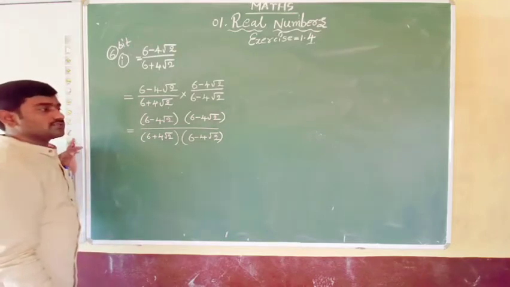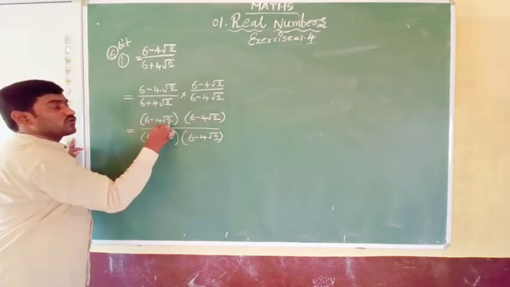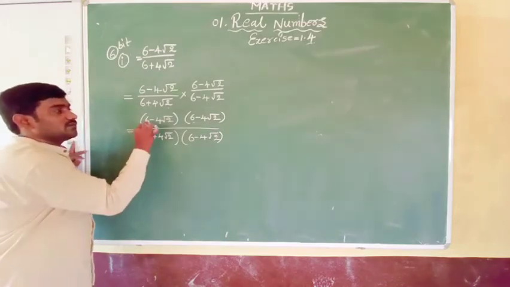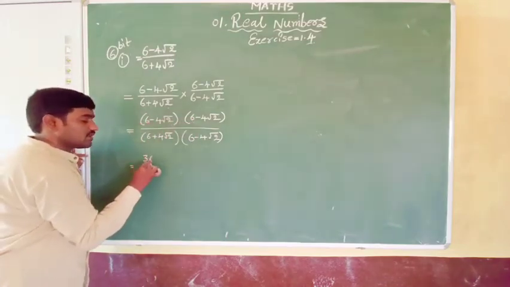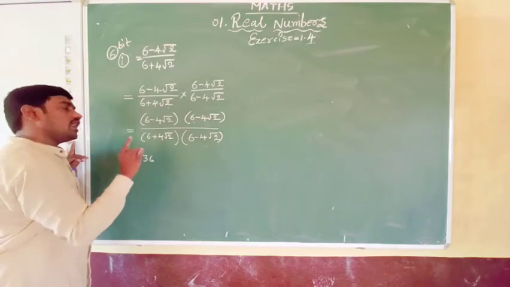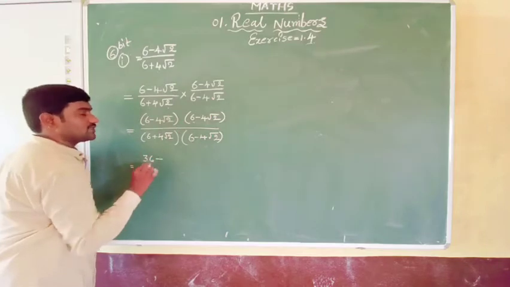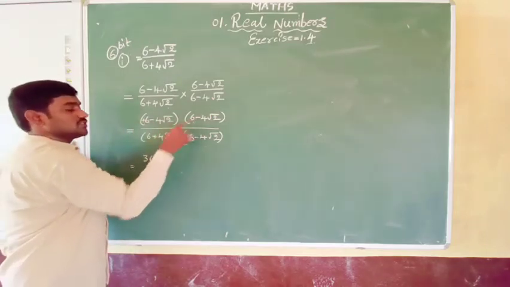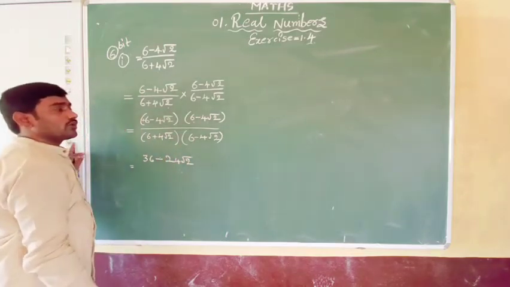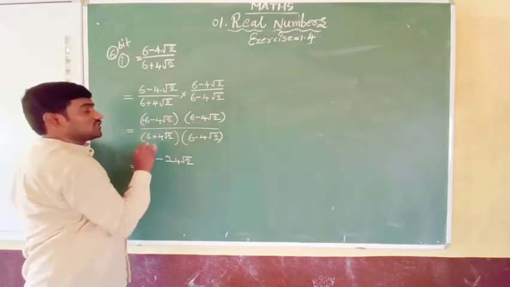Very carefully we need to do it. With 6 we need to multiply both these terms, and with minus 4 root 2 we have to multiply both the terms. Let us multiply one by one. With 6, 6 into 6 is 36. This is in the form a minus b into a minus b, whole square, so you can also do it that way. Directly, 6 into 6 is 36. Now here there is a plus, plus into minus is minus. 6 fours are 24 into root 2, so minus 24 root 2. With 6 we have completed. Now with minus 4 root 2 we need to multiply. See that there is a minus.